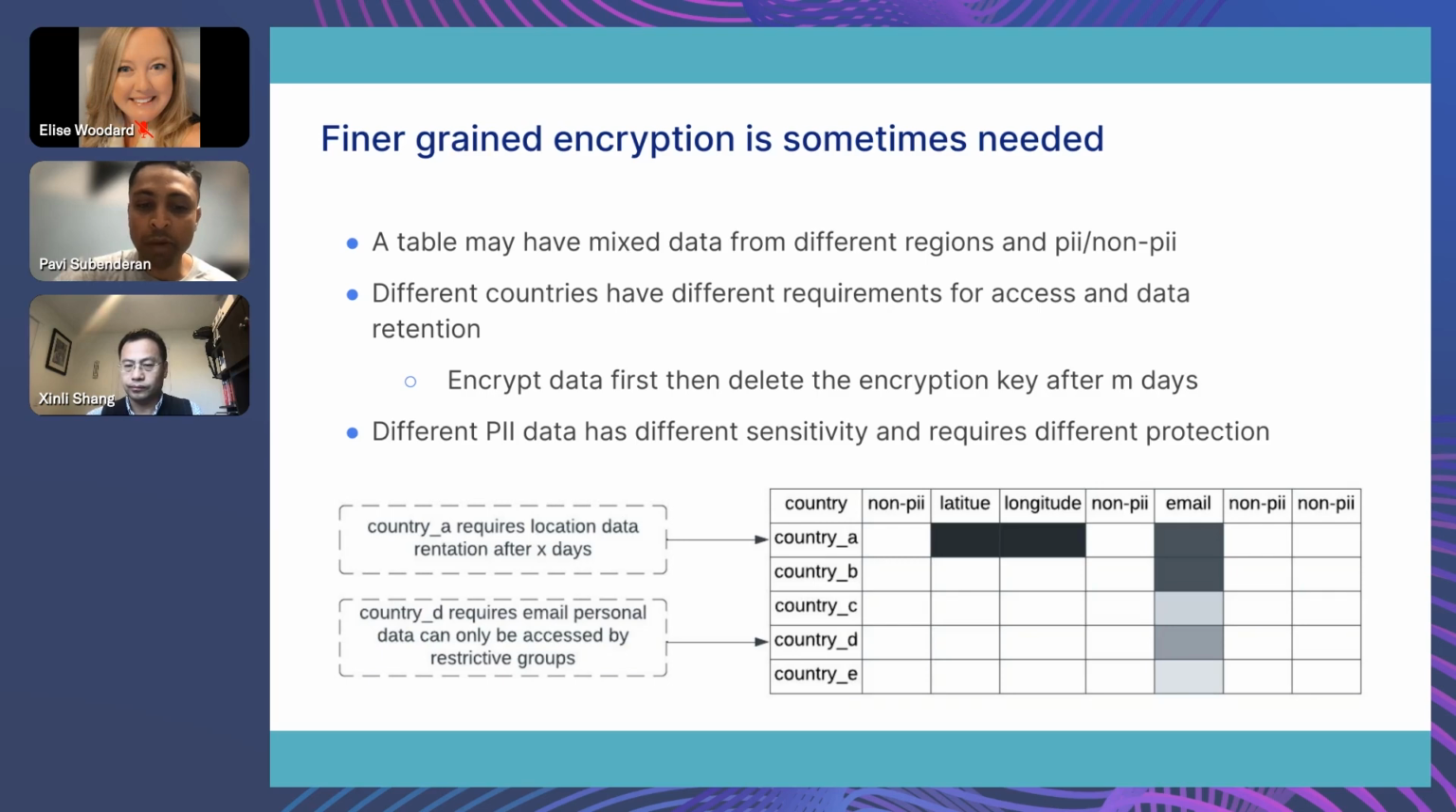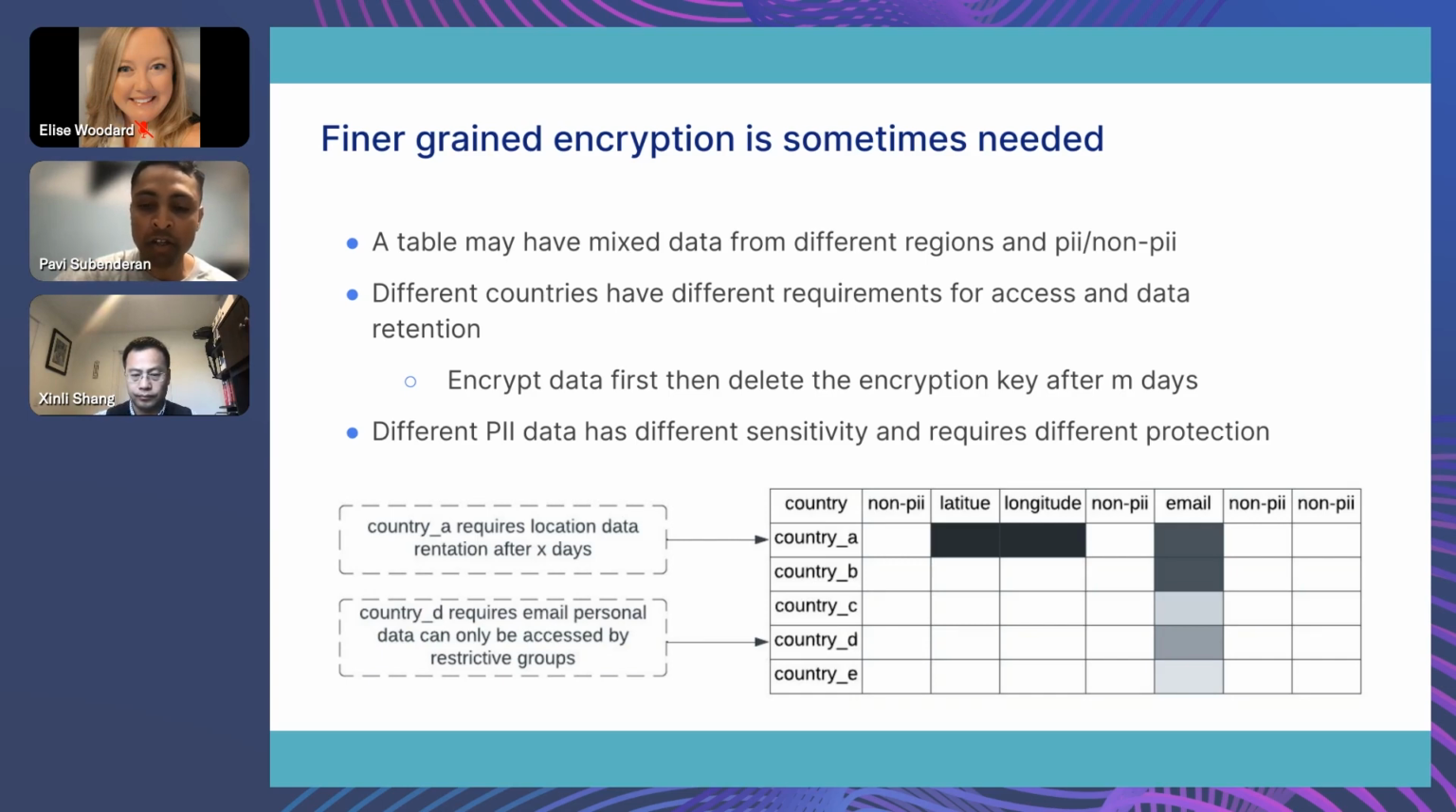And so we might have some situation where country A requires that location data needs to be encrypted and deleted after X days, but then country B might require that data needs to be deleted after Y days. And then some countries might have some policies that email data should be restricted to a specific subgroup of users, and then other countries might have other sets of users who should be able to read the same kind of data. And so these kind of requirements required us to be more fine grained than the blunt tool that